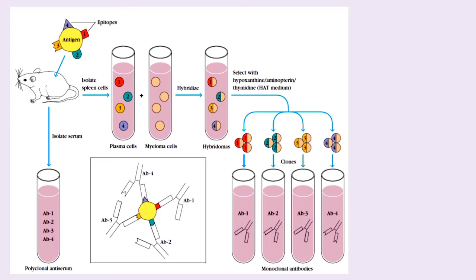Initially, there were two major shortcomings in antibody production. First was the short lifetime of plasma cells. The plasma cells that were being used for antibody production have a very short lifetime. Due to their short lifetime, they could not be grown for a longer period of time. Also, antibodies could not be produced on a large scale from these plasma cells. So there was a need for cells that could be immortal, that could be grown for a longer period of time, and from which antibodies could be produced on a very large scale.